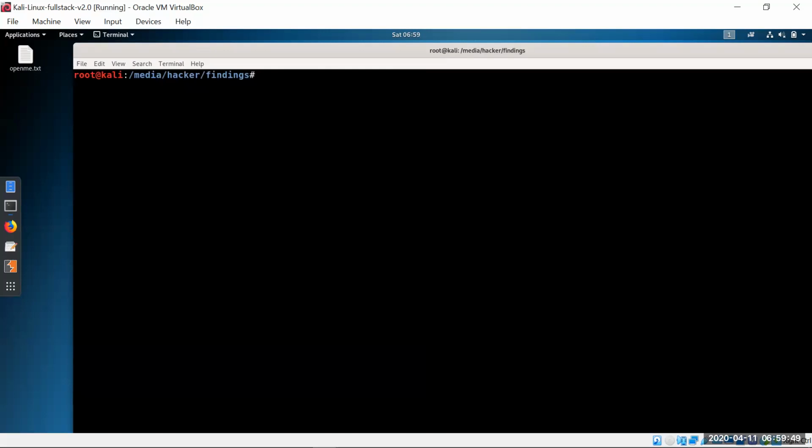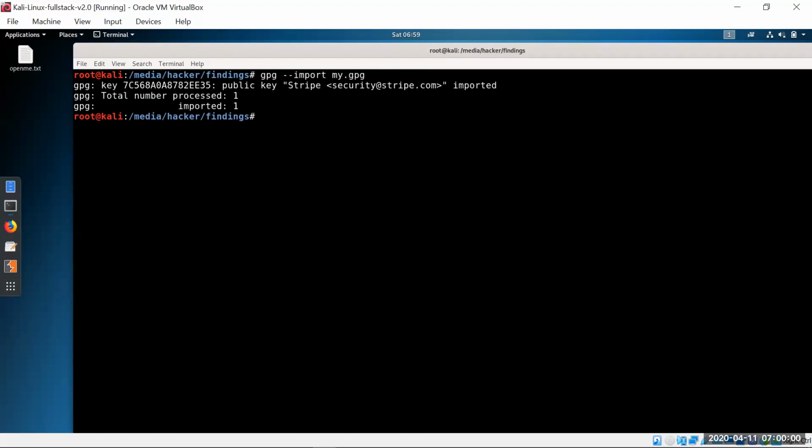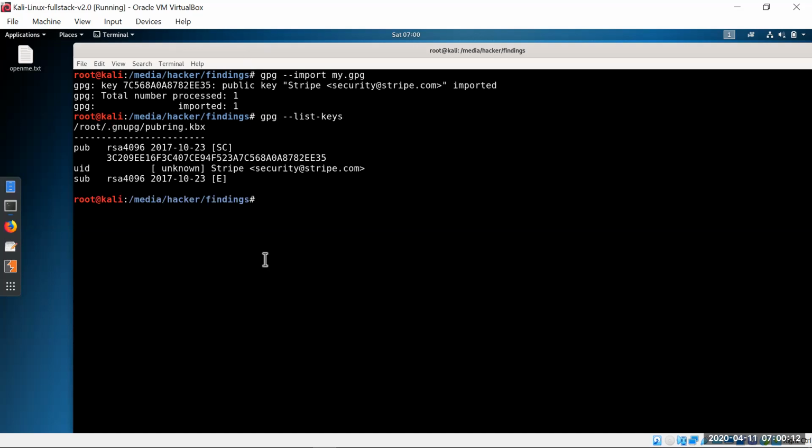When we have a public key that we want to start using with our GPG software, we do gpg --import. This command is really simple. And if you do gpg --list-keys, we find that we have our key. Now we finally have our public key, and we can use it to lock our message